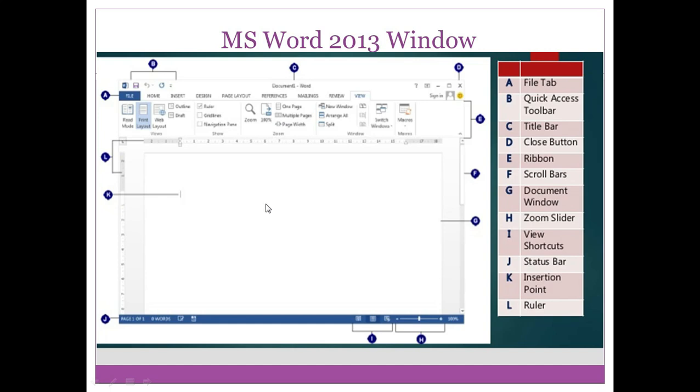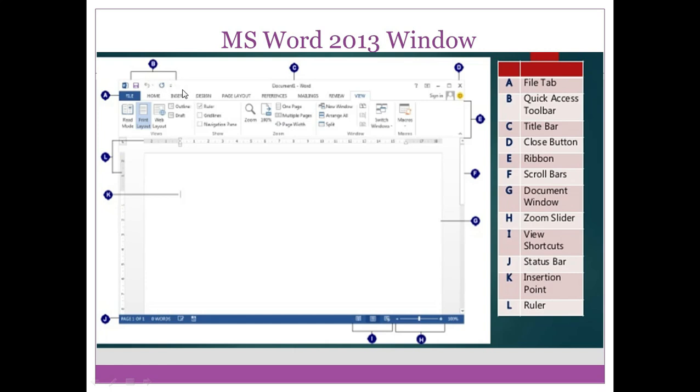A. File tab. When we click on the File tab, we get the File menu. B. Quick access toolbar. On the top of the window, we can see the quick access toolbar having save, undo and redo buttons. We can customize these commands.